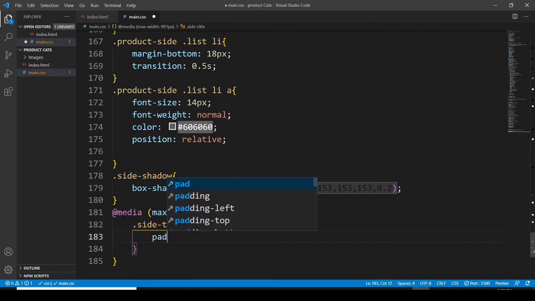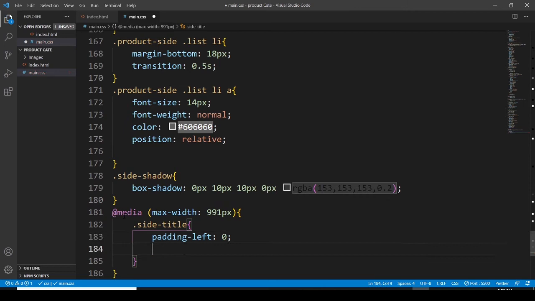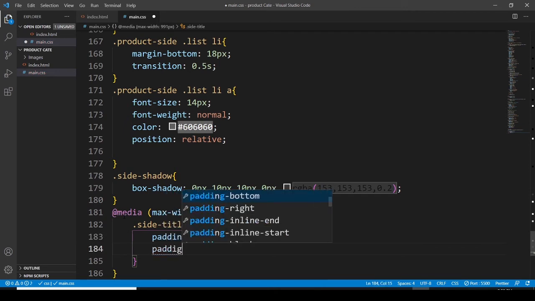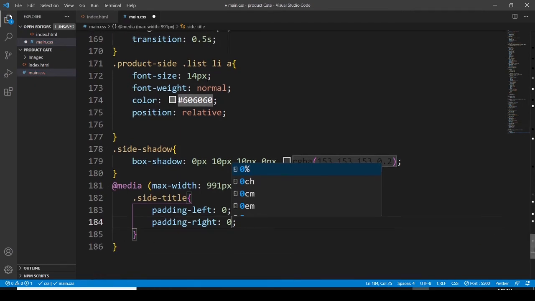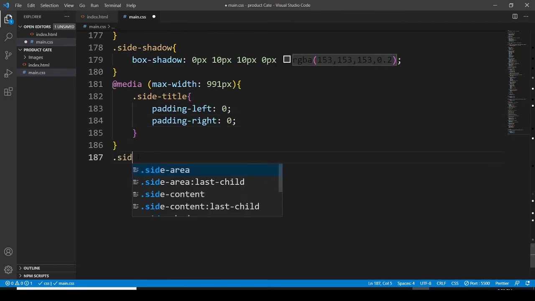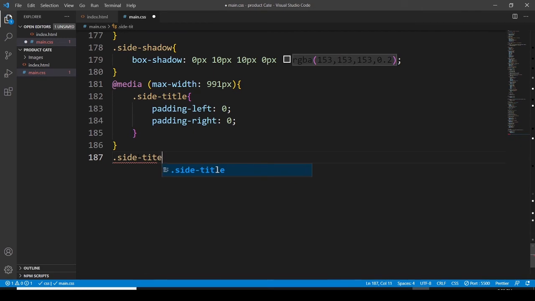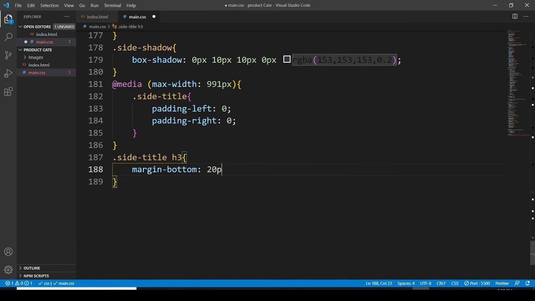So the side title is going to have a padding left of 0 and padding right would be 0.2. Then after this, let's use the side title heading 3 and margin bottom 20 pixels,